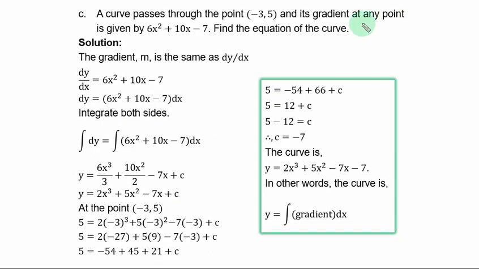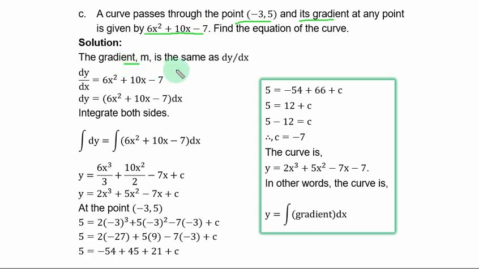Question 7c. A curve passes through the point (-3, 5) and its gradient at any point is given by 6s² + 10s - 7. Find the equation of the curve. Solution. The gradient